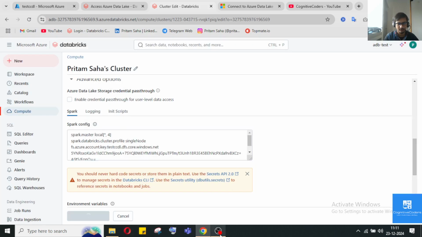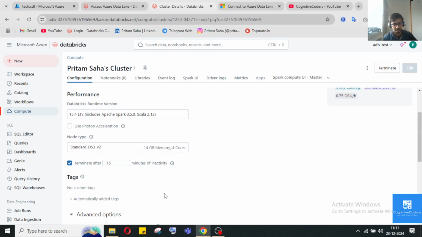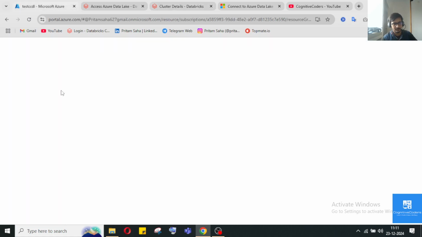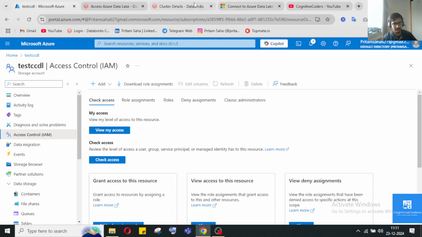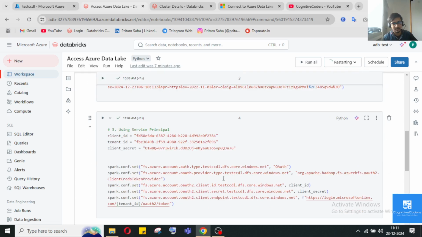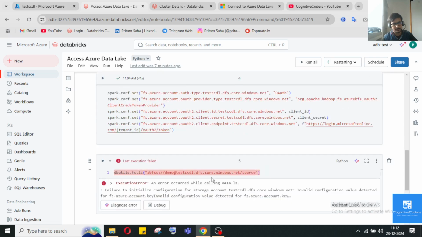Let's go and confirm it. So the cluster is once again restarting with the new configurations. Okay, the secret key has been configured at the cluster level for this Gen2 container. Now whatever notebook is assigned to this cluster will automatically get access to this container. You don't need to access through the access key or SAS token or service principal or anything. We'll directly attach the cluster once it starts, and we'll directly call this